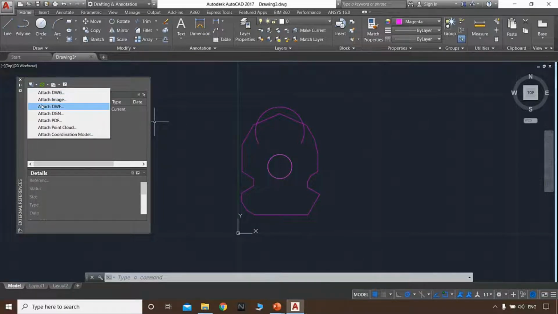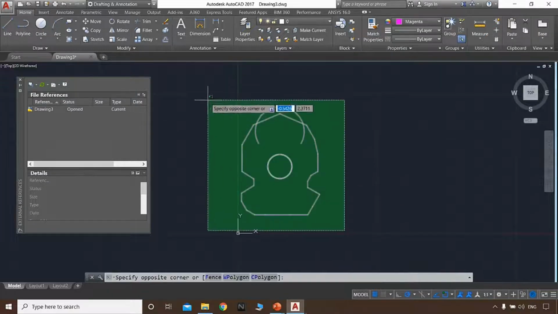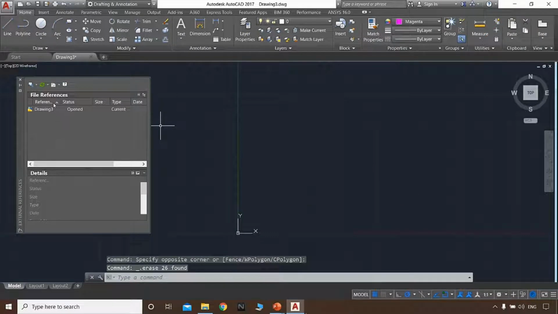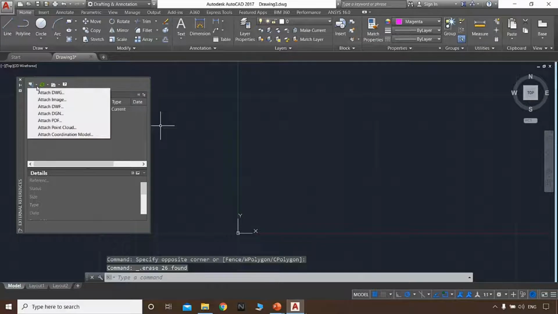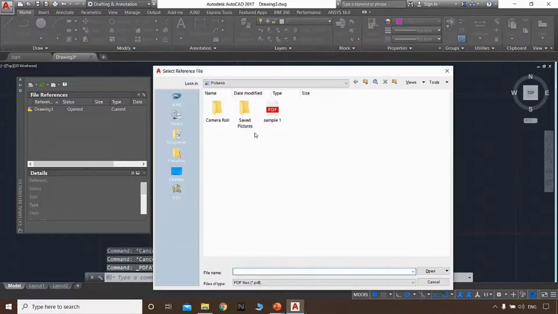Also you can attach design web format and the DGN format, and also you can attach a PDF, and I will show you attach a PDF here. Before that I am clearing away this. Then I can attach a PDF here. Now go to attach PDF. In attach PDF you can attach a PDF. There's a sample PDF here. I'm just using it. Then click open,